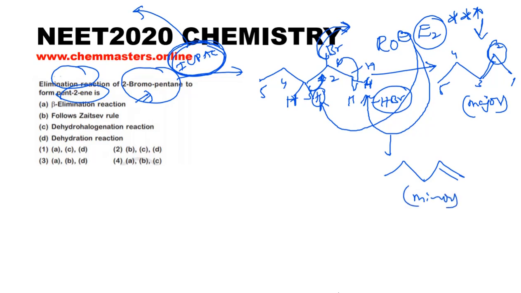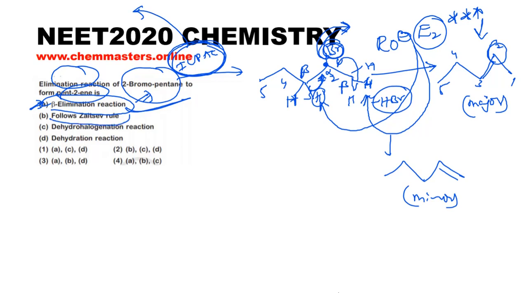Okay, right. Now just look at the statements. The elimination which was taking place here in this reaction is considered a beta elimination reaction. Is it correct or wrong? So simply it is the correct statement, because you can see we can give alpha to the carbon which is connected with this halogen. Then the second carbon must be the beta carbon. That's why it is a beta elimination reaction.